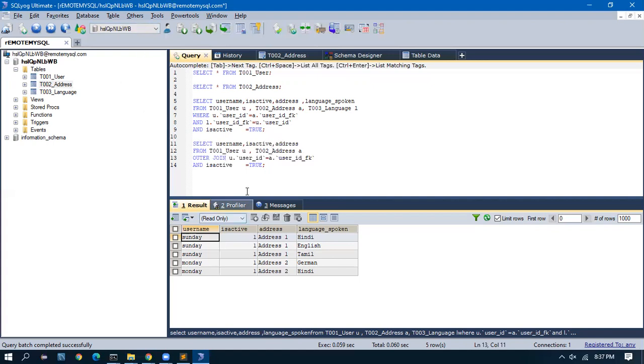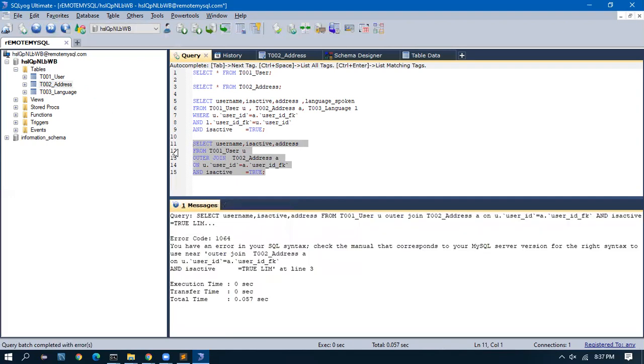I'll give first the user table, and the second table I have to give in the join, with on. This is the syntax. Let me execute and see. This will keep one table as a reference and will bring out all the records which are there in the other table.